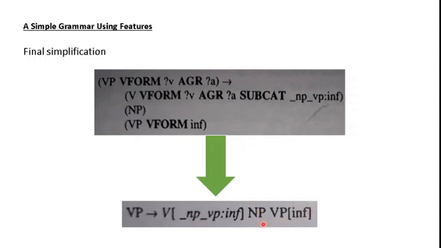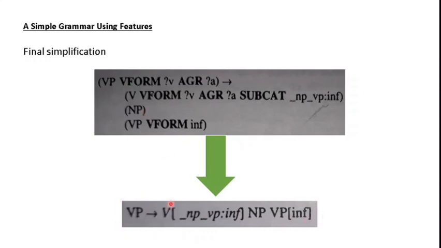Then the next thing was we identified the mother and we identified the head component, and then we identified the head features, that is, which are common across the mother as well as the head component, and we eliminated those head features. Why? Because they share the same values between the mother and the head constituent. So they are entirely eliminated in the representation, but it doesn't mean that they don't have action here. In the representation they are not written, but when we apply it to identify sentences or to enforce the grammatical check on sentences, we will bring them back.